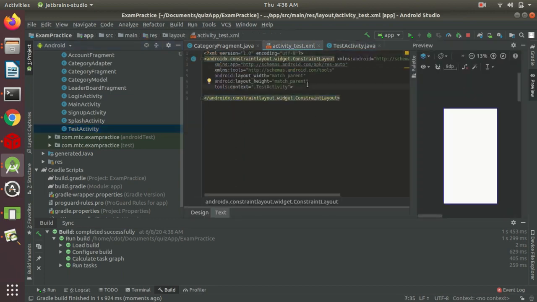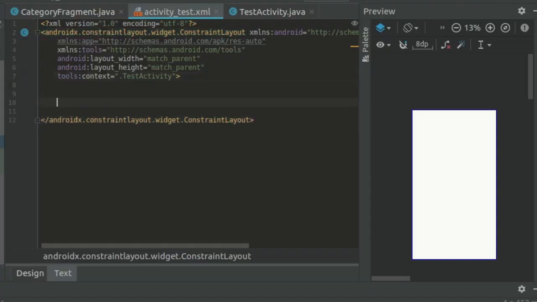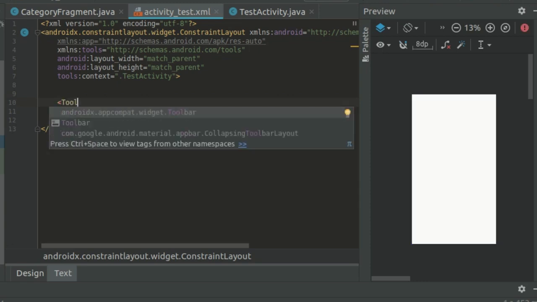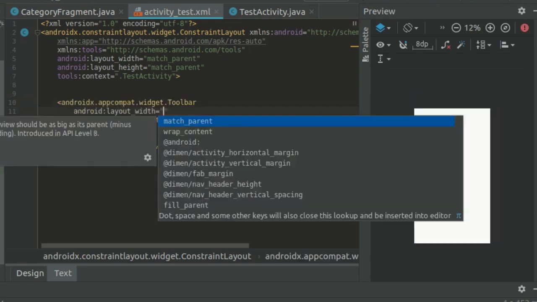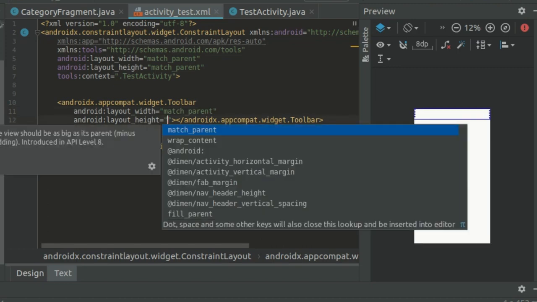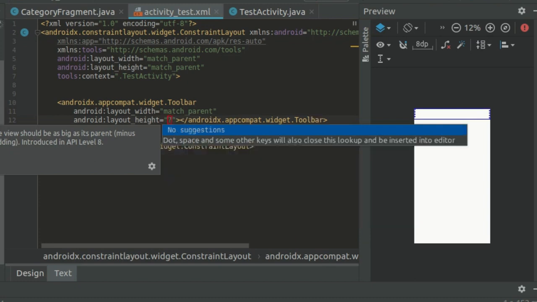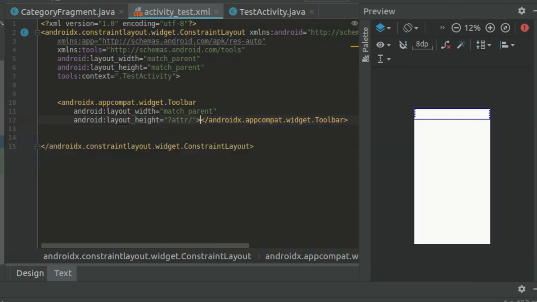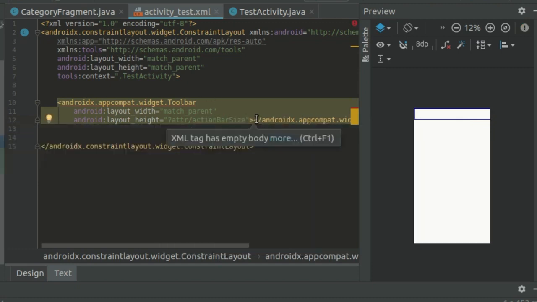Here in this layout file, create a toolbar. So toolbar, and its width is match parent, and height wrap content. Okay, let's set the height attribute to action bar size. Okay, this is our height,